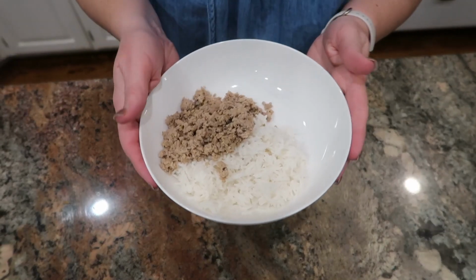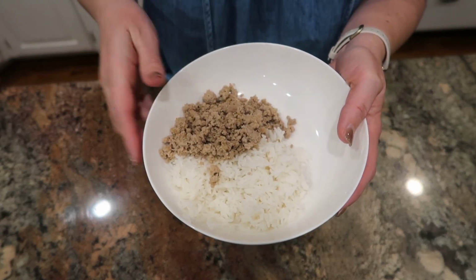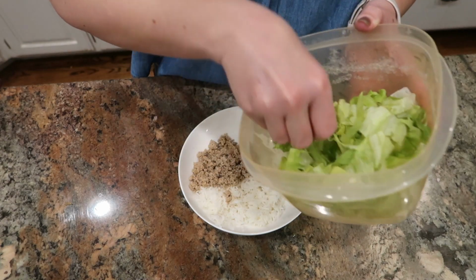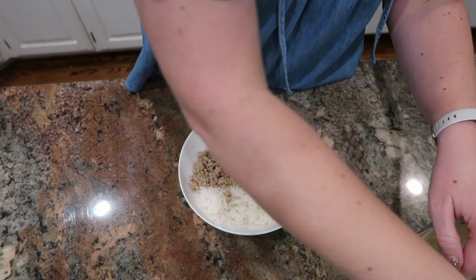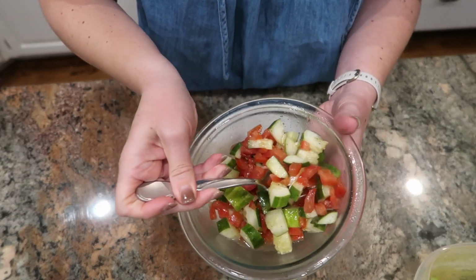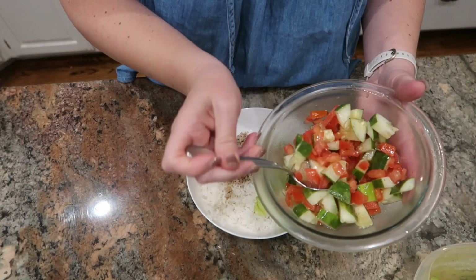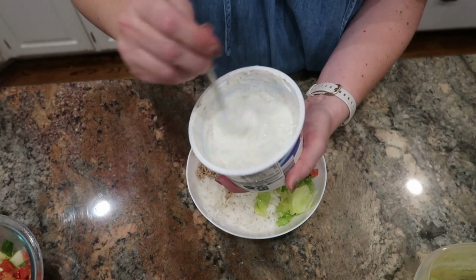Okay, time to assemble the bowls. I have my rice here and my seasoned ground turkey all cooked up. I have a little bit of lettuce left from the salads the other night, so I've saved some of it for this, so I'm gonna put a little bit of that in here. I've got my cucumbers and tomatoes with the oil and vinegar, salt and pepper, my chickpeas going in here, some tzatziki sauce,